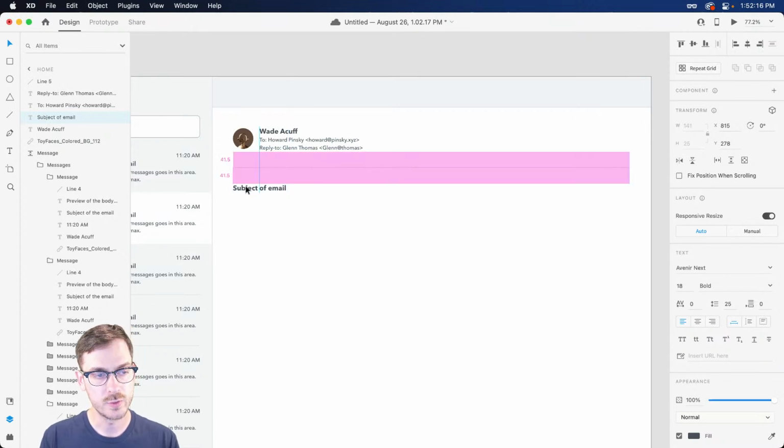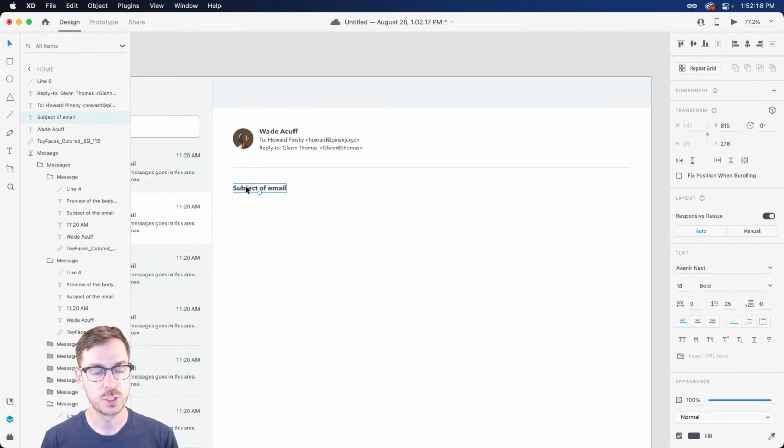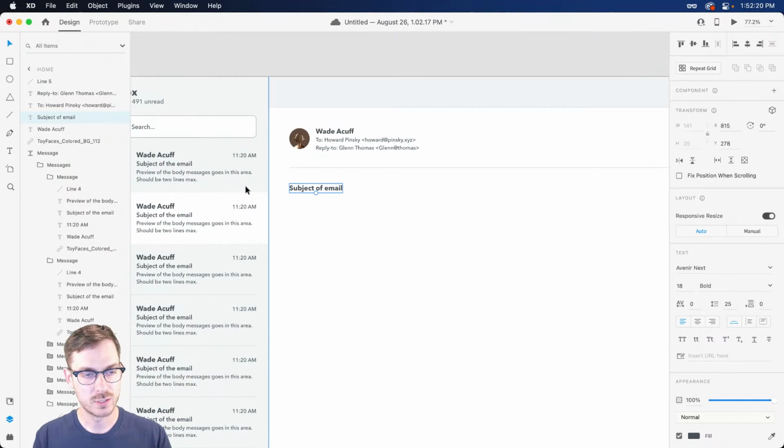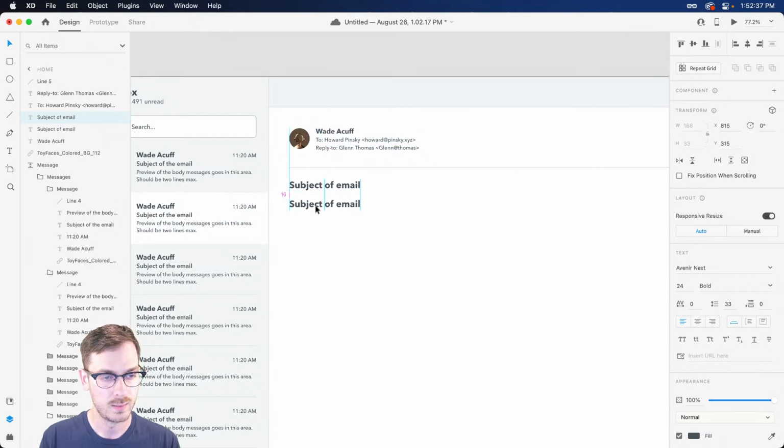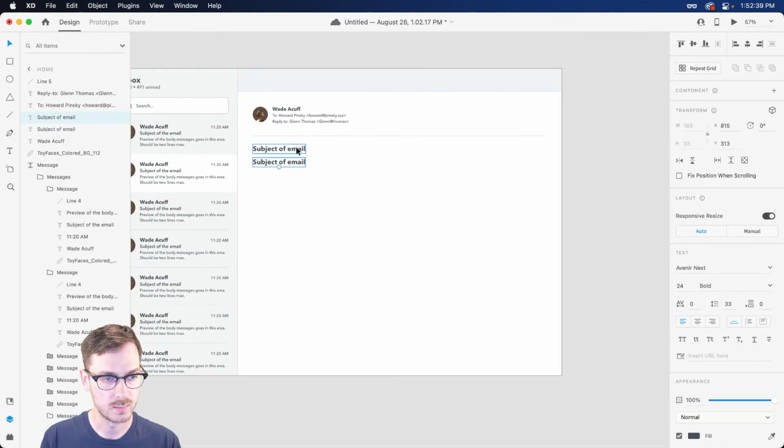And I would encourage all of you, if you're designing an actual application like this, try your best to put actual copy in here and not just something like subject of email or lorem ipsum, right? Try to put actual stuff in there. I might run out of time, so I might not be able to at the moment, but definitely try if you can. And then down here, I'm going to switch this over to auto height and then view,